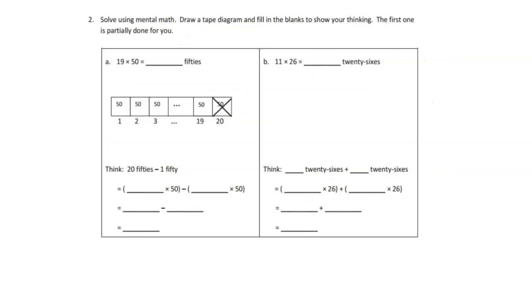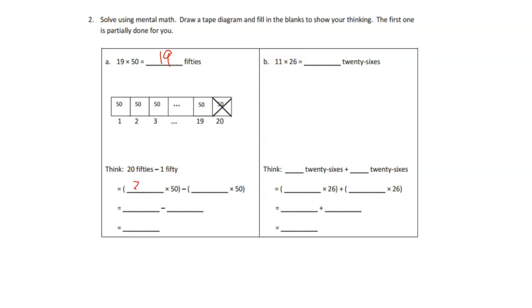Looking at number 2, it says solve using mental math, draw a tape diagram, and fill in the blanks to show your thinking. The first one is partially done for us. So if you look here, it has 19 times 50 equals blank 50s. So we know that it's going to be 19. So once again, I'm not going to sit here and draw 19 50s. Our thinking shows us that 19 50s is equal to 20 50s minus 1. That's why we have this 1 crossed out. So 20 50s minus 1 50